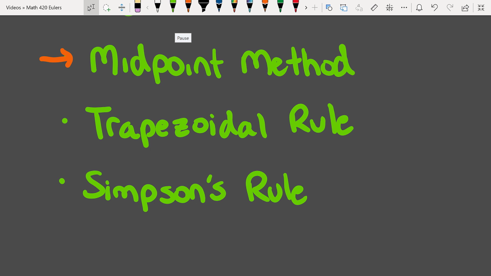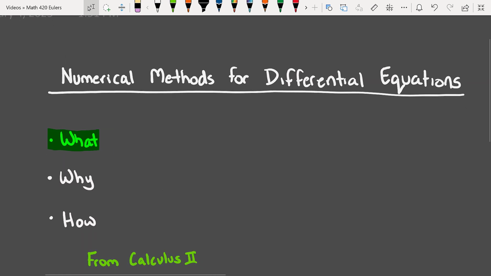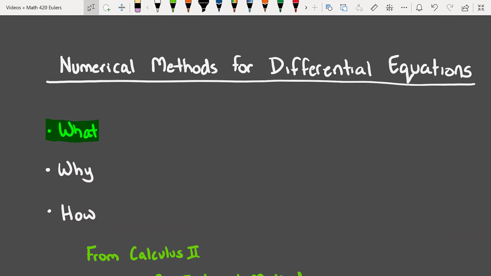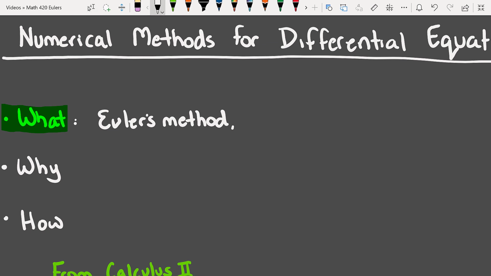Well, that's the same thing we're going to be doing here with differential equations. We're going to develop numerical methods that allow us to approximate the solution values to our differential equations if we cannot find analytically a functional solution. And that is often the case, to be honest with you. It's very difficult to find the actual solution analytically to a given differential equation, so we have to resort to numerics. The methods that we're going to employ here are Euler's method, and then another method called improved Euler's method,